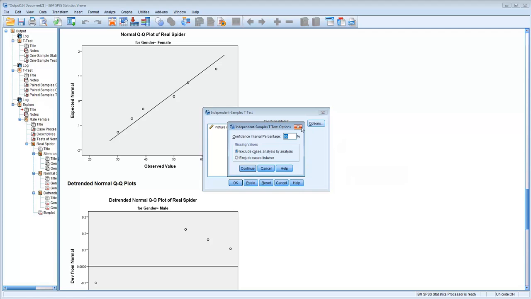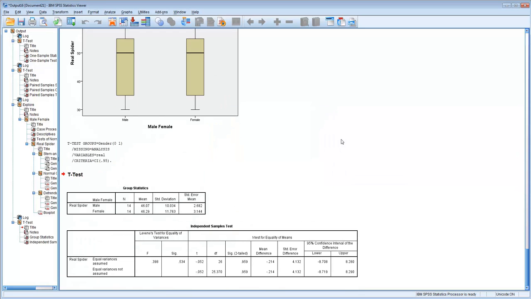If I click on options, I will see that I'm only concerned with missing data, and I do not have any missing data here. I'm going to go ahead and click on OK. So again, with my independent samples t-test, the output for SPSS will tell me once again that I have 14 and 14 participants for each male and female. My means are expressed here. My standard deviations are expressed here as well. And I see that the standard deviation for female participants is slightly larger, but nothing too large to be considered problematic. There's a good chance that I'm going to have homogeneity of variance, but I'm going to check that with